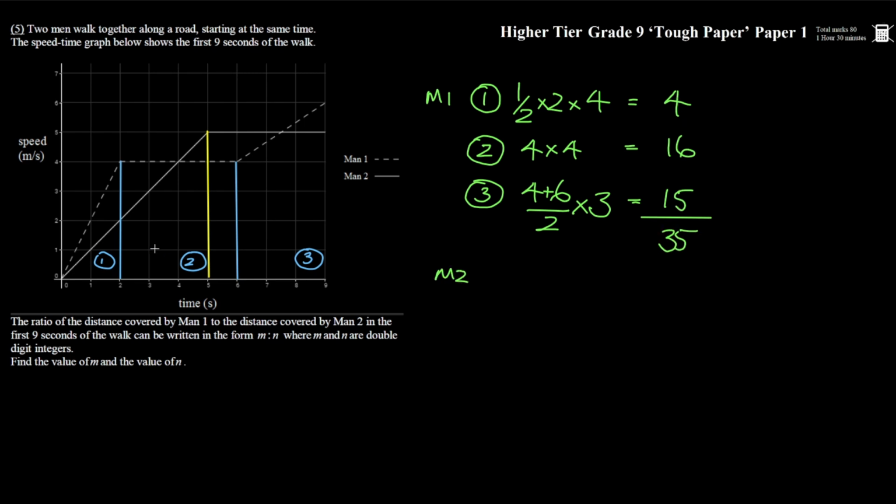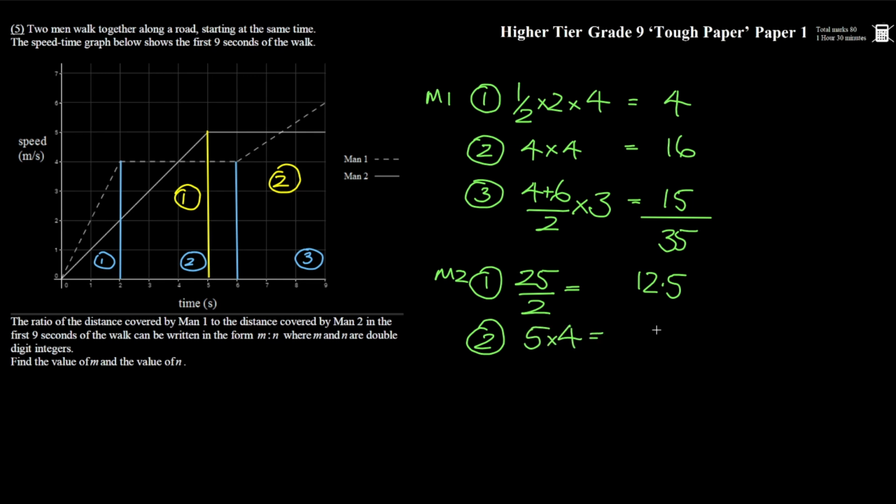Now for M2, there are only 2 distances to worry about. This distance here, which is the triangle, and this distance here, which is the rectangle. The triangle first, half the base times the height. 5 times 5, 25, divided by 2, which is equal to 12.5. And now distance 2, the rectangle, 5 height, and the width is 4. So this is 5 times 4, which is equal to 20. So adding those up, we get